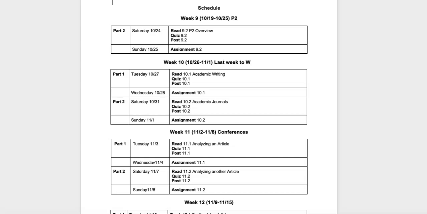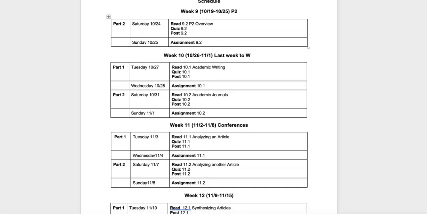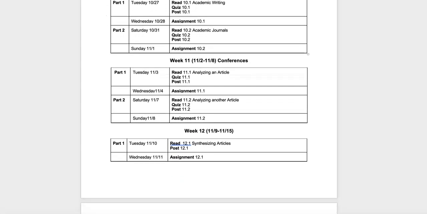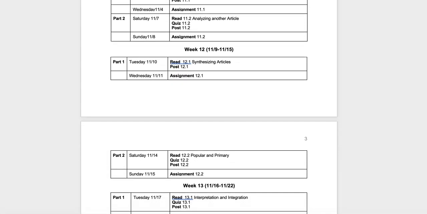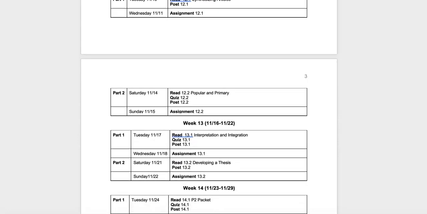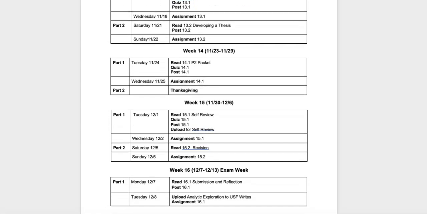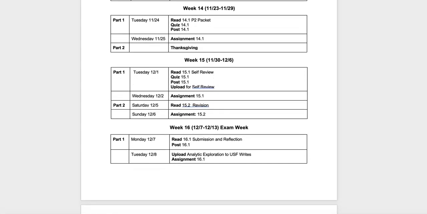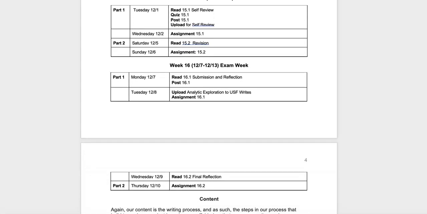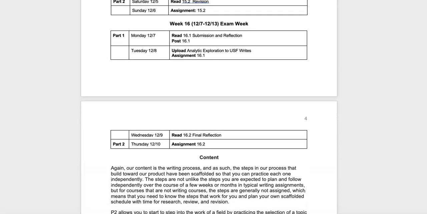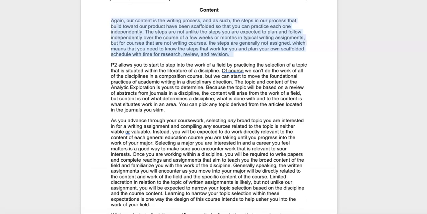This is the schedule for Project 2, starting at week 9, week 10, week 11, week 12, week 13, week 14, week 15, and week 16. Content. Again, our content is the writing process, and as such, the steps in our process that